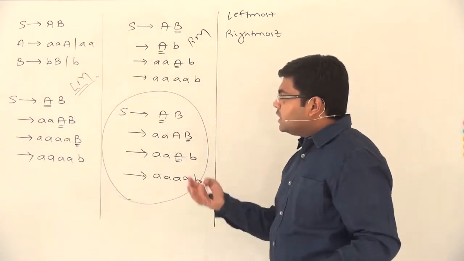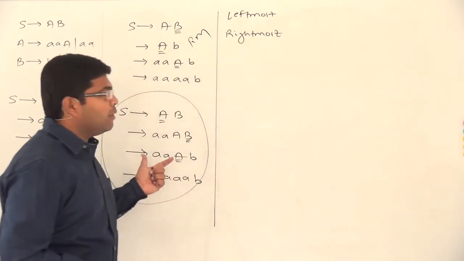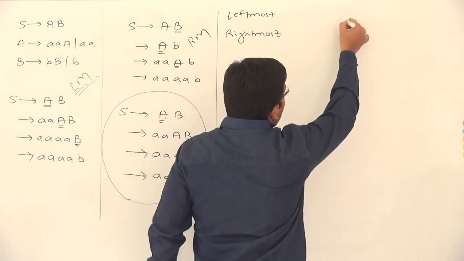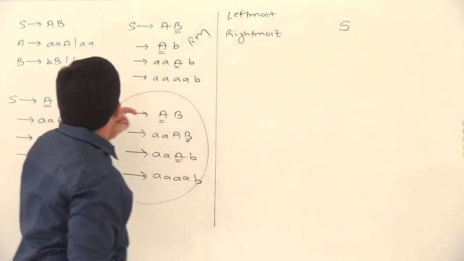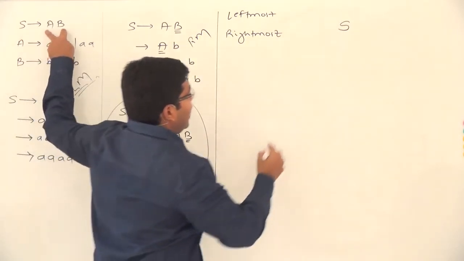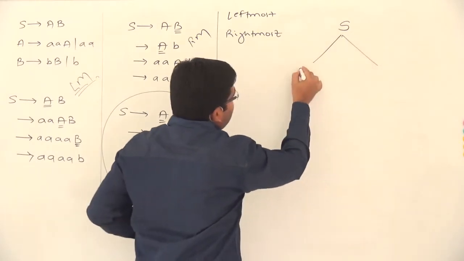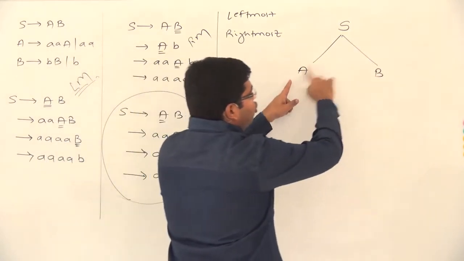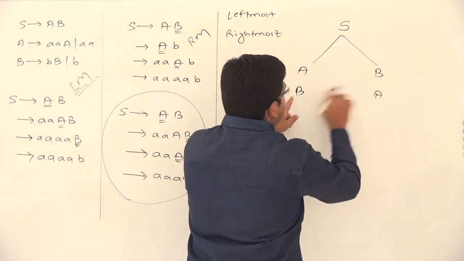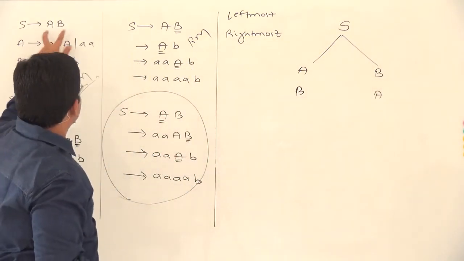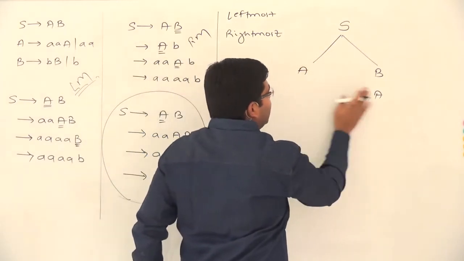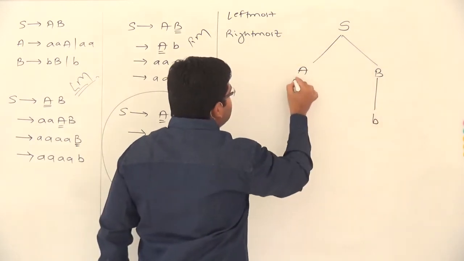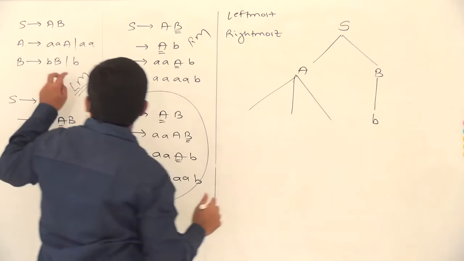Okay, and we will see one more thing, how these derivations can be represented with the help of a derivation tree. We start with the start symbol. Then we replace this S with AB, and that's why I give two child nodes here, one will be the variable A, another will be the variable B in the given order. You need to write A before B. If you write it like BA, it will become wrong because the production is S produces AB. So A should be the left child and B should be the right child. Then we replace this B with small b and we replace this A with the string AA.